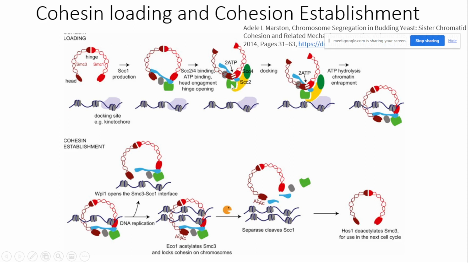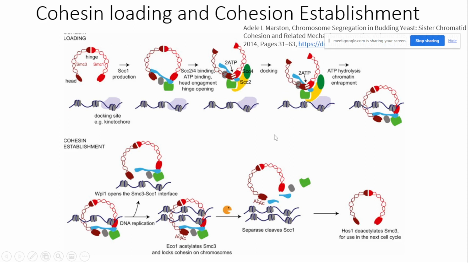After ATP binding, the SMC1, SMC3 heads will be locked, or these two heads will come close, right? So this will be the orientation after the ATP binding and SCC2, SCC4 binding. After that, this complex can be docked to the chromosome, because it has everything. It has the total cohesin complex, SCC4, everything is there. So now it can dock to the chromosome. But still, in this docking, it cannot entrap the chromosome within its ring.